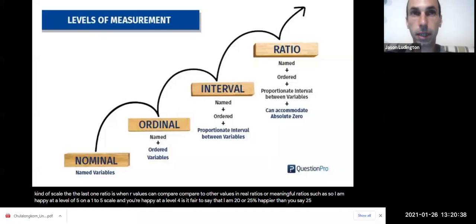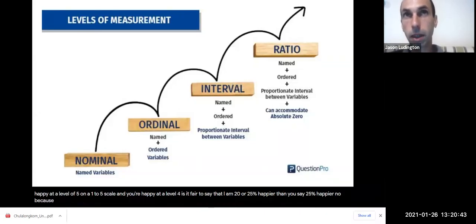Say 25% happier? No, because if we're dealing with an interval scale,